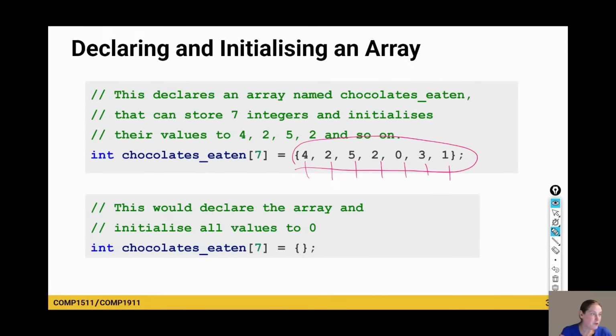We saw the other way, where we don't put values in and just leave it uninitialized. And this is a nice way of initializing everything to naught. It looks a bit weird because it doesn't look like we're initializing anything to naught. But in this context, these curly brackets are an initializer for the array. As soon as you use this, it'll put the values that you specify into the array, and for all the other values, it'll just set them to 0. So right now, everything will just be set to 0.